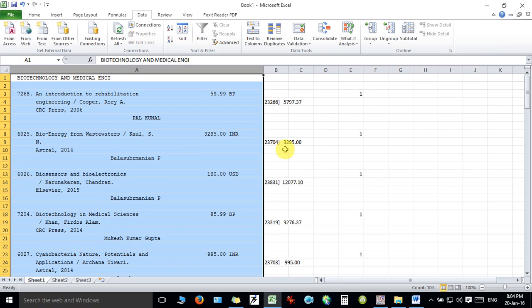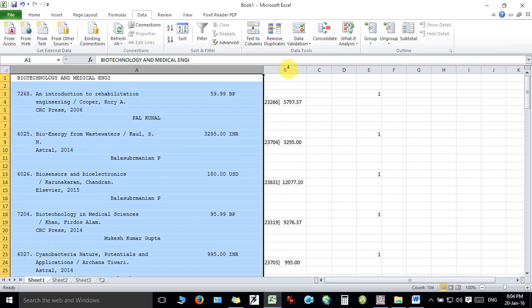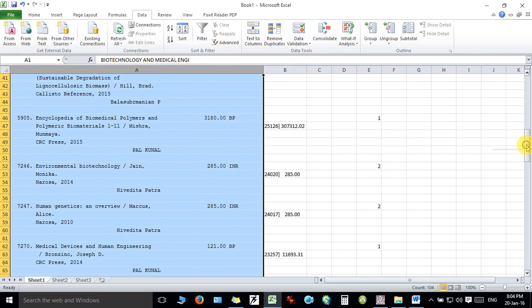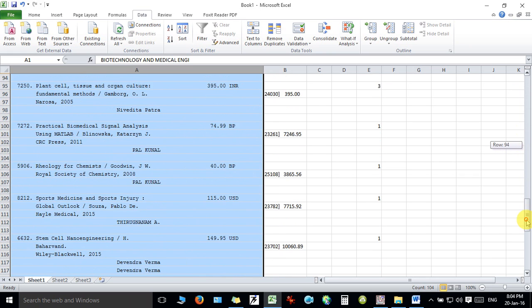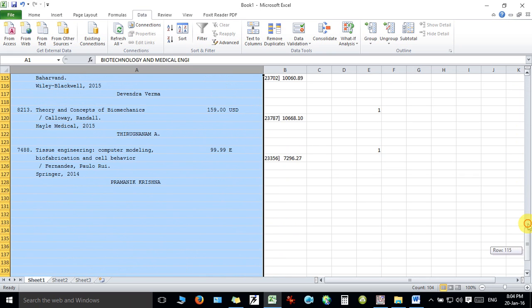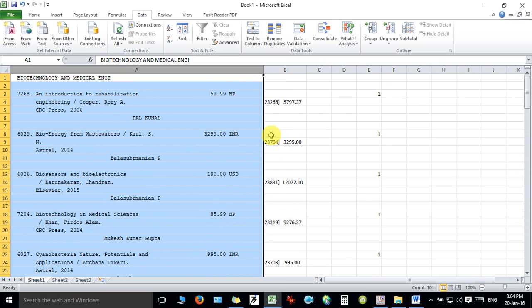Okay, so you can notice here that this information which was in column A has been taken to column B, and you can check whether it has been taken successfully, because in some cases, if the character which you have taken as a delimiter to separate the value from column A to column B is missing, it may create problems. So before you separate these two values, it is advisable to check it properly.